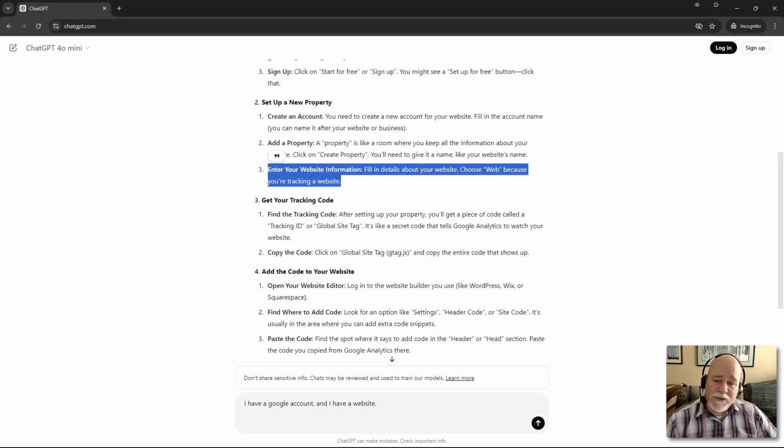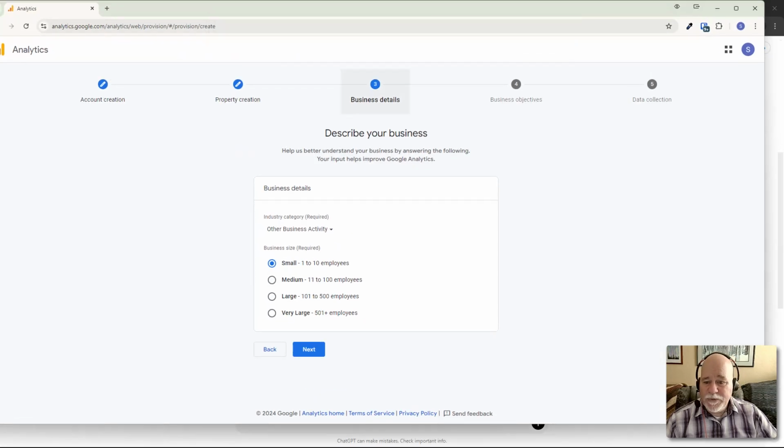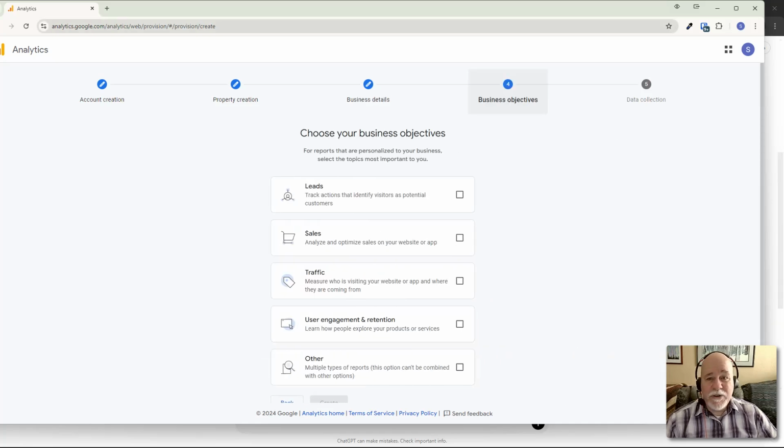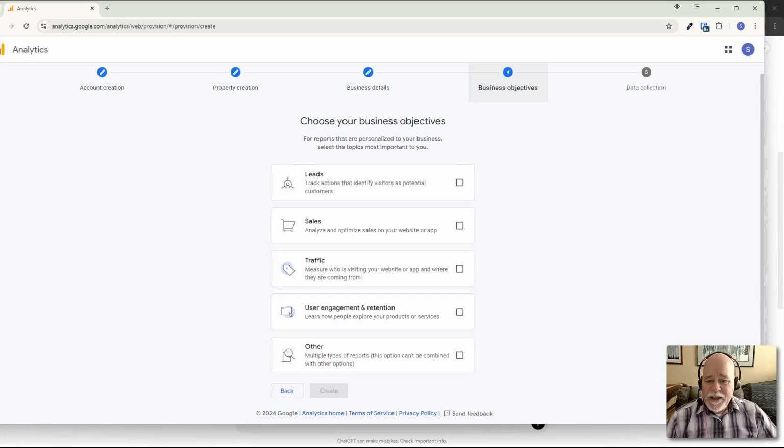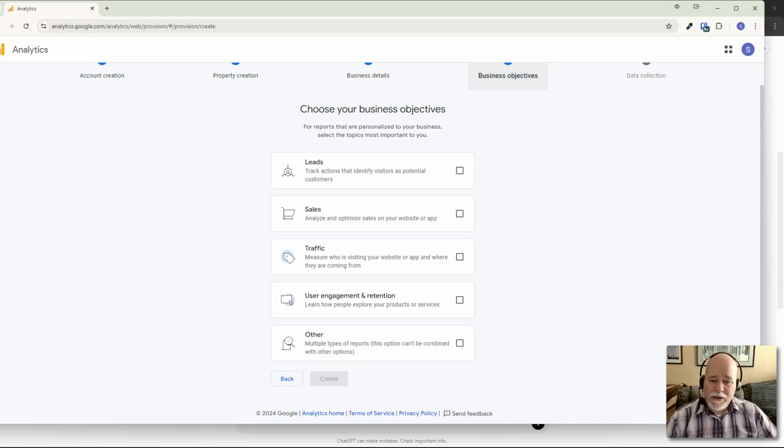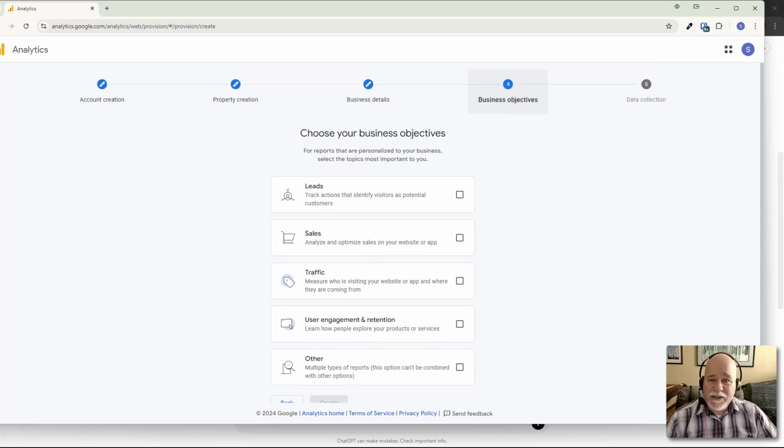It didn't go into a whole lot of details because I can tell tracking code is going to come up a little bit further. It's not doing a very good job explaining things as if I'm an 8-year-old, I can tell you that. So, choose your business objectives. Analyze and optimize your sales, measure user engagement, learn how people explore your products or services. Other. Again, I don't know if it really matters here, but you know what? Let's go back to